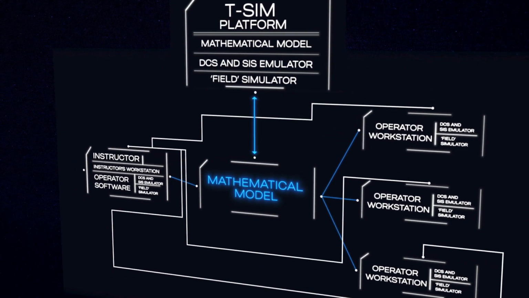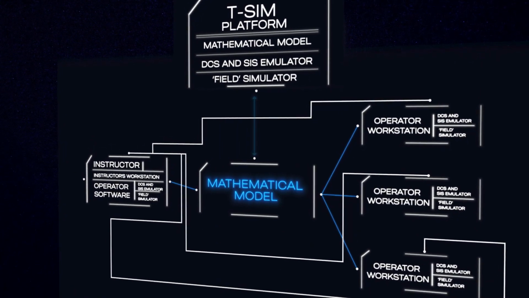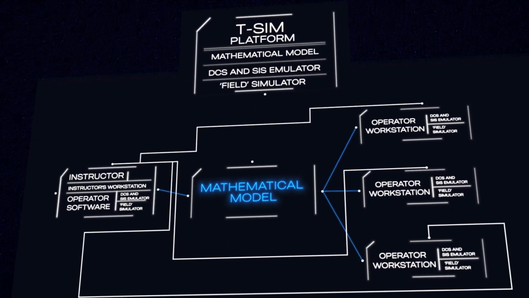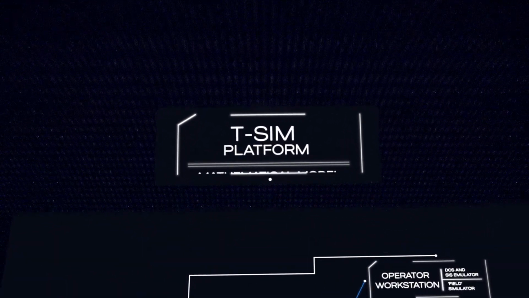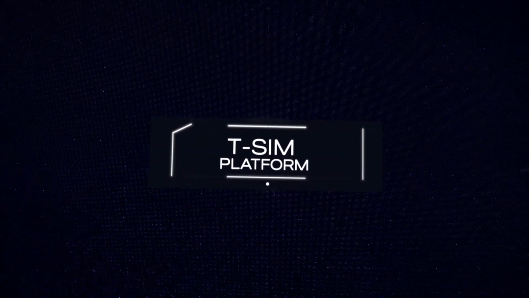The TSIM developer platform is designed for updating the mathematical model and the emulator of the Distributed Control Station, DCS, and Safety Instrumented Systems, SIS.